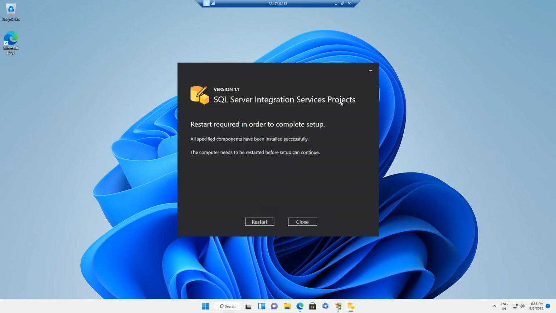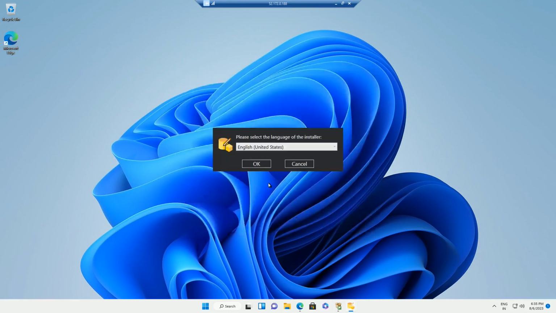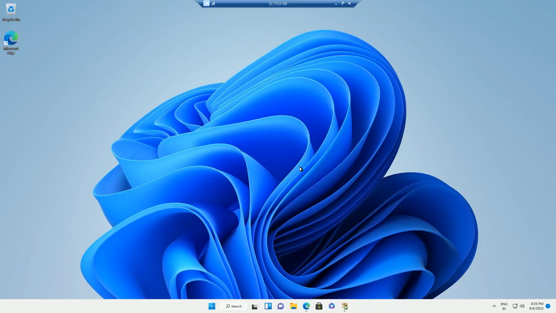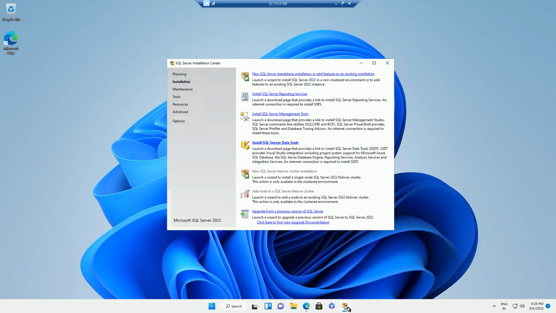Installed integration service project. So it is asking for restart. You can go and restart your system after this. Okay. I'm just going to close. I'm not going to restart. Okay. Because I need to install other services. So I will just close it for now. So this also I will cancel it. So we'll go back to the